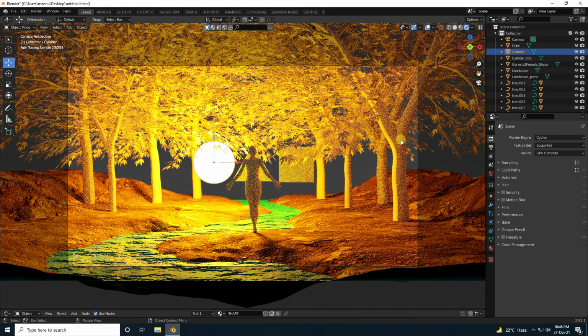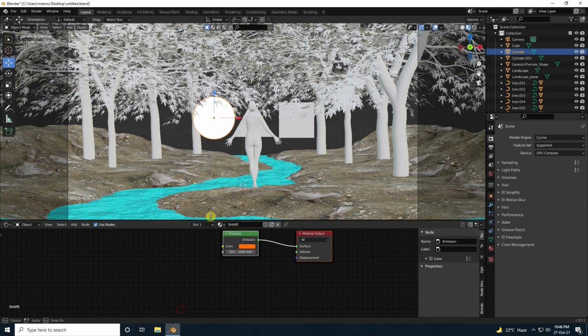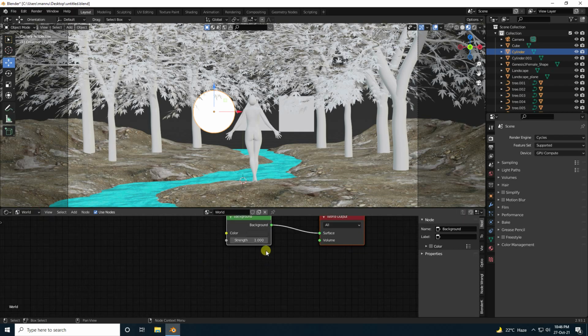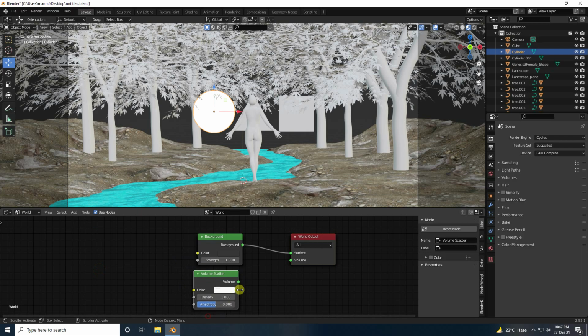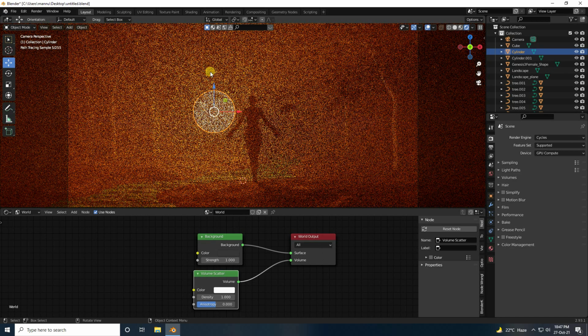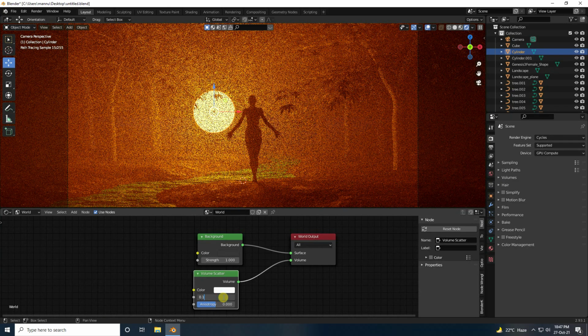Now guys, I apply fog effect. So guys, for fog, go to here and use world. Yes, see guys, that's my background. And go to add, use volume scatter, this one. And guys, connect with volume like this. So go to render, that's my render preview. Okay, see guys, that's my denoising. And guys, density I like 0.1.